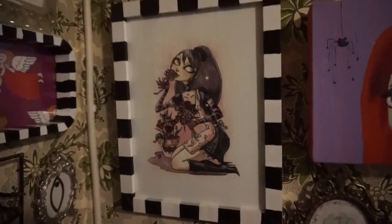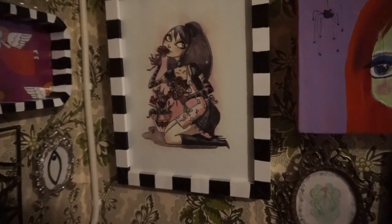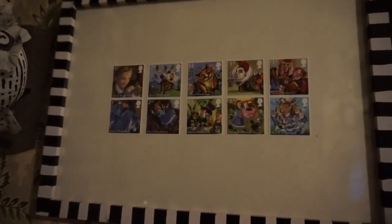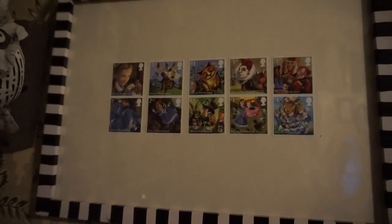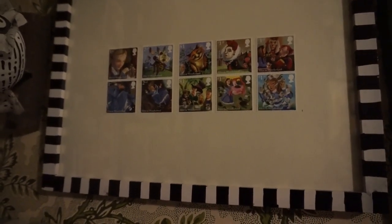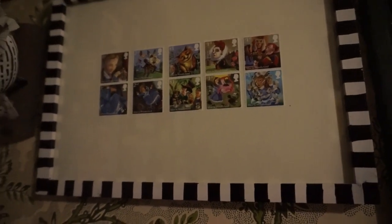This I got at Etsy years and years ago. And here I have painted a white frame, and here and here. Stripes are so much more fun than plain white. These are English Alice in Wonderland postage stamps, and I love Alice in Wonderland. You can see a few themes here. I have some Alice in Wonderland art, I have some Moomin art, I have some